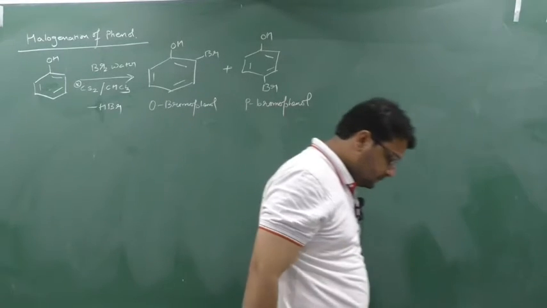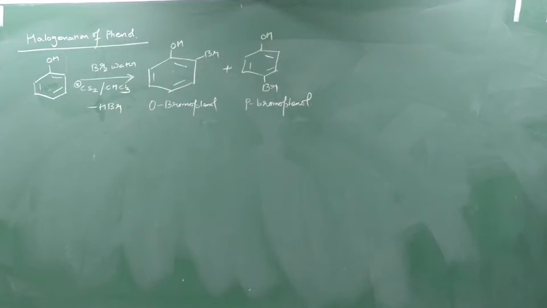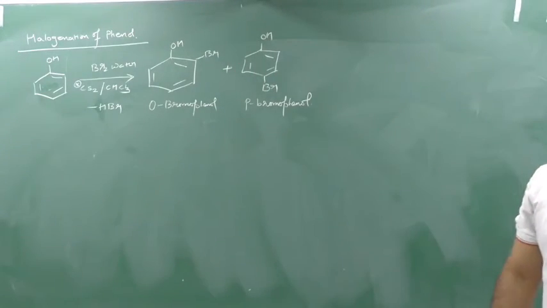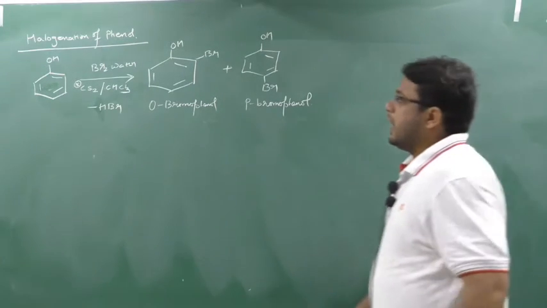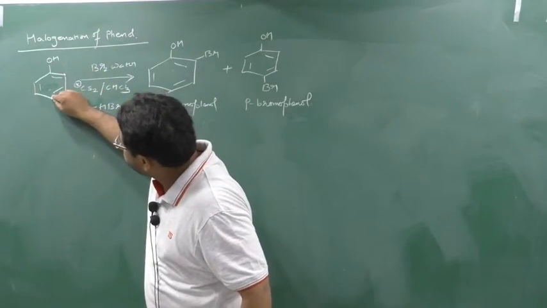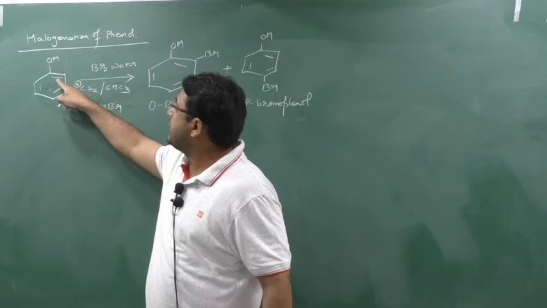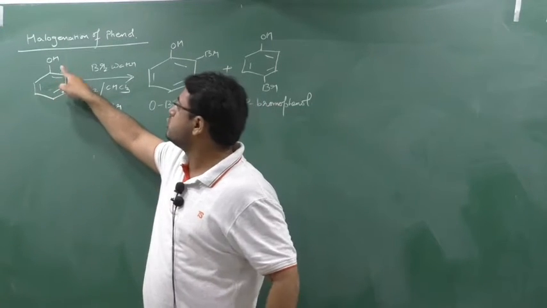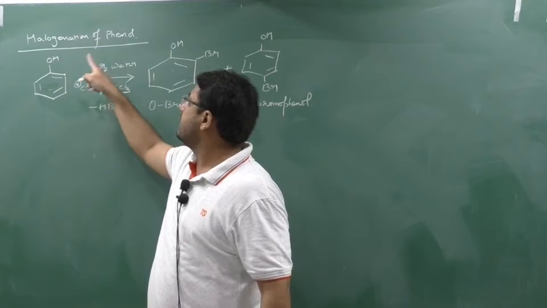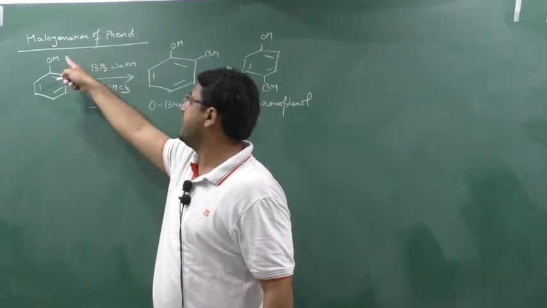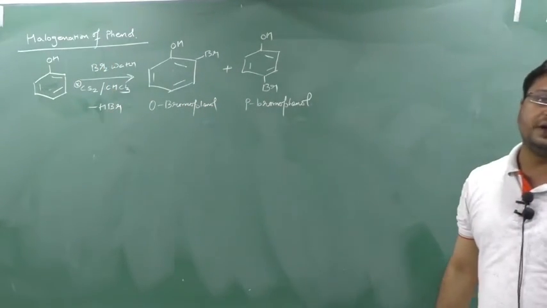Clear? If Br2 water is written along with CS2 or CHCl3, then bromination will occur on ortho and para only. Out of the two Br, one Br will come either on the ortho position or on the para position. When it attaches, this bond cannot break. Last class also I told you why electrophilic substitution occurs here, because it is stable. So one H will go, and the remaining Br will react with that H and form HBr. Here there will be an electrophilic substitution reaction.